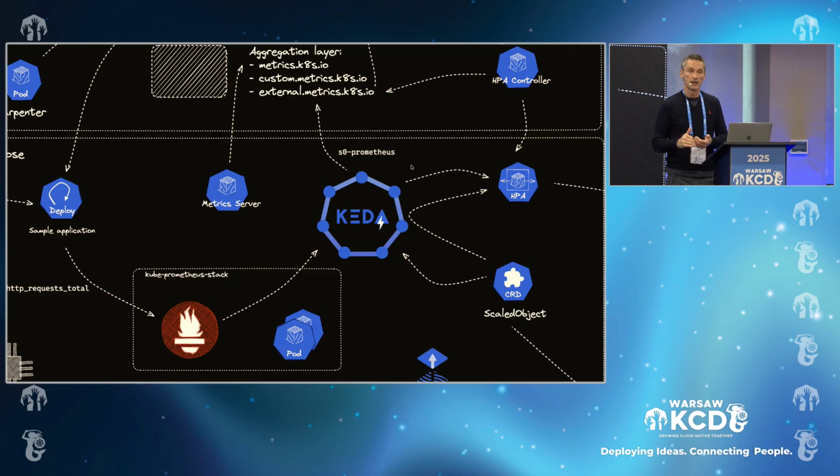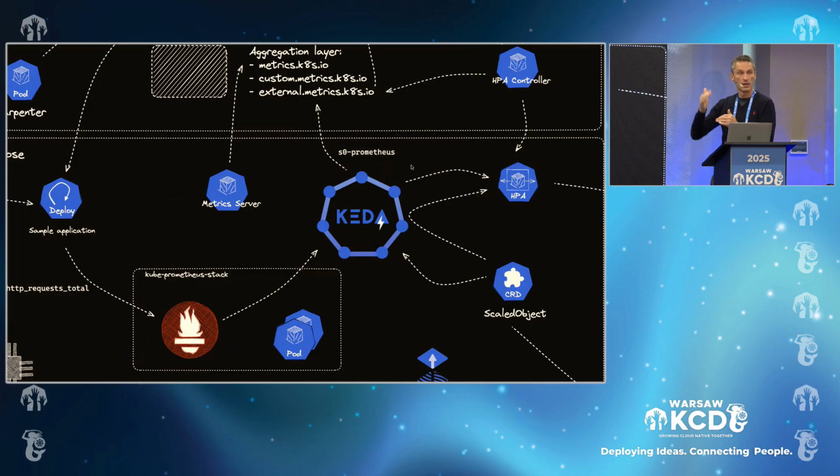object that the HPA controller will monitor as usual, like you probably know, and by looking at the metrics and the HPA resource, will decide if the pods should be increased or decreased.